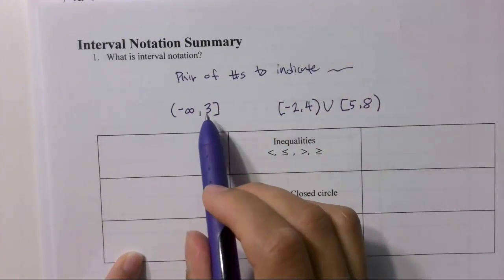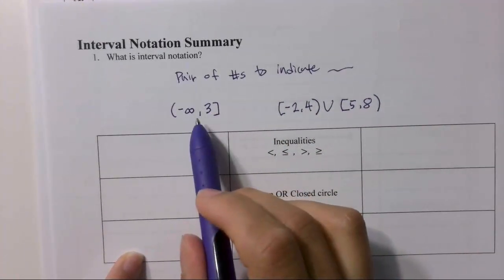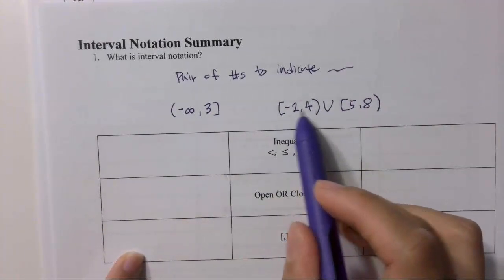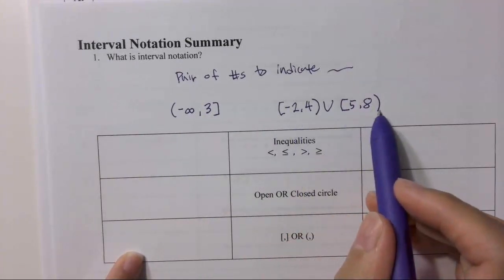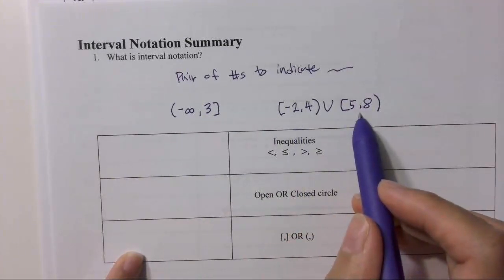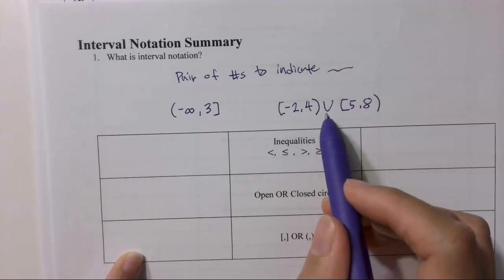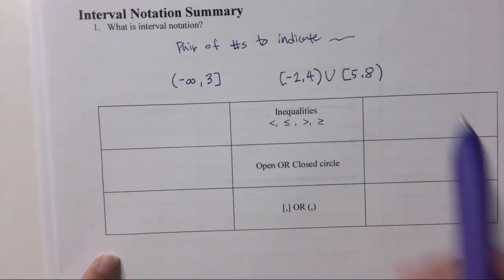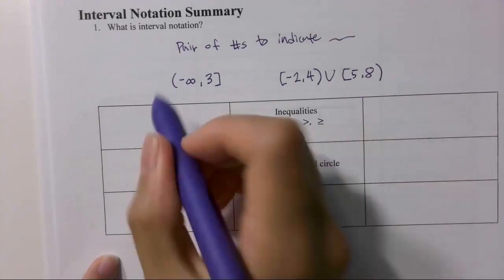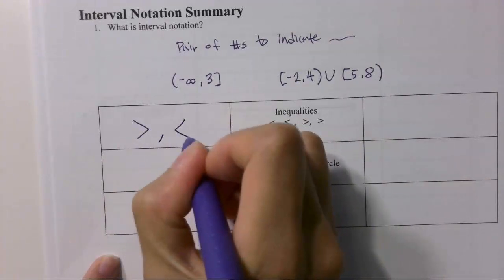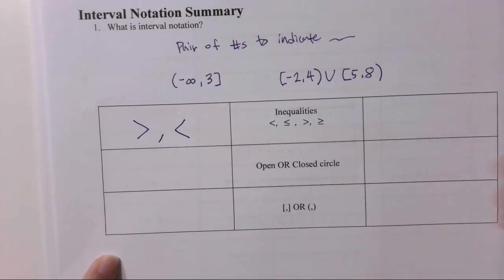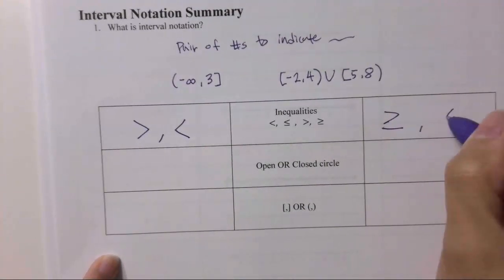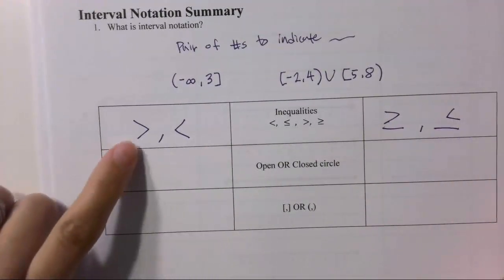Always smaller number, comma, bigger number. Any number between those two. And you gotta remember what those parentheses and brackets do differently. So there are two types of inequality. You can have a strict inequality of greater than or less than, or you can have equal to underneath it. So when you have a strict inequality